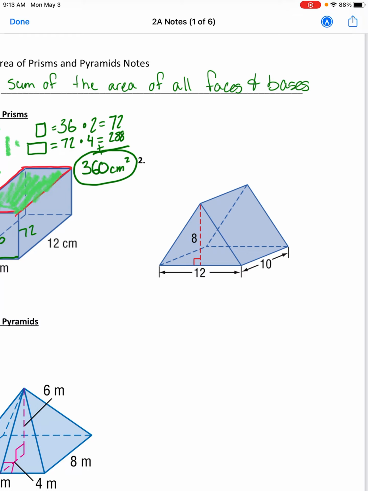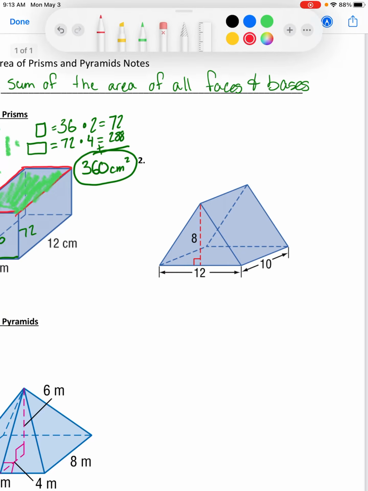In this one we have three different types of shapes, or three different shape measurements, I guess. So we have two triangles that are 8 by 12, meaning their base is 12, their height is 8. I'll probably calculate the area of those first, but let's highlight the other shapes here first. So we have a 12 by 10 base down here at the bottom,